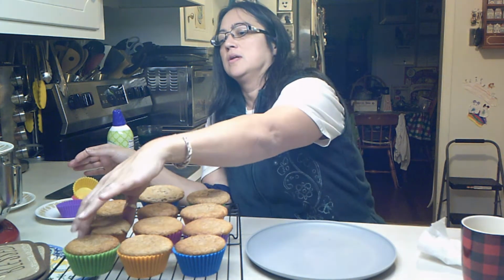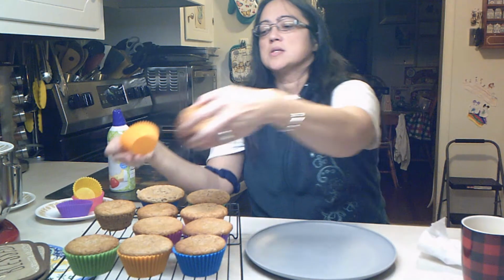So, with these silicone things, they kind of peel right off. So I wanted to show you how easy they come off, or how easy they're supposed to come off. So they've been cooling for 10 minutes, and it took 25 minutes to actually cook them. So there's the muffin, and if you wanted to, you know, make it prettier, you could just put